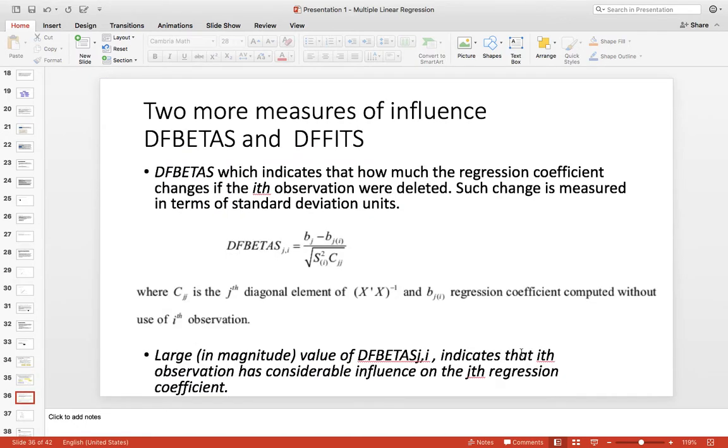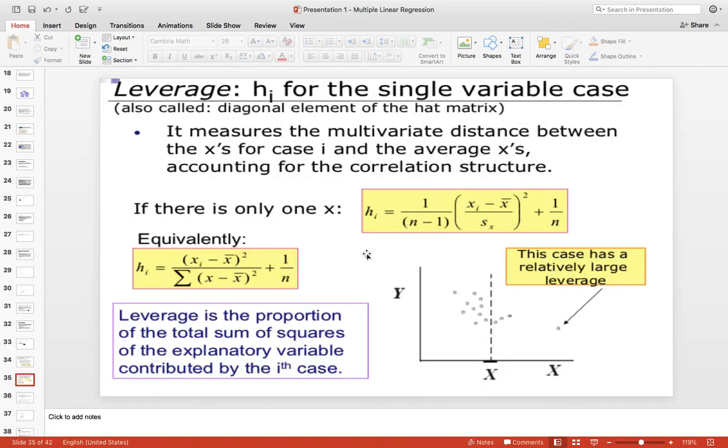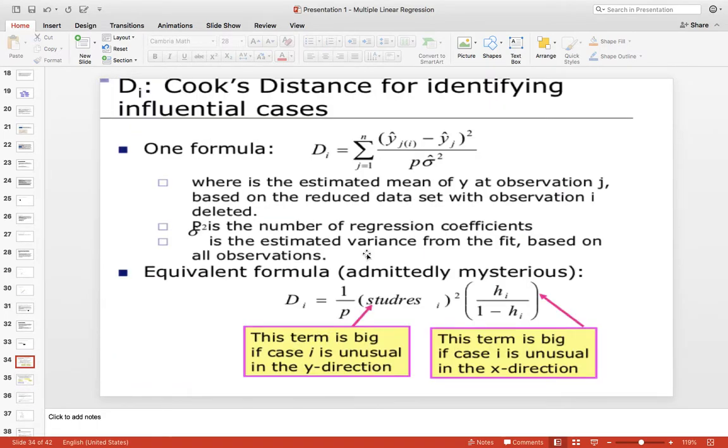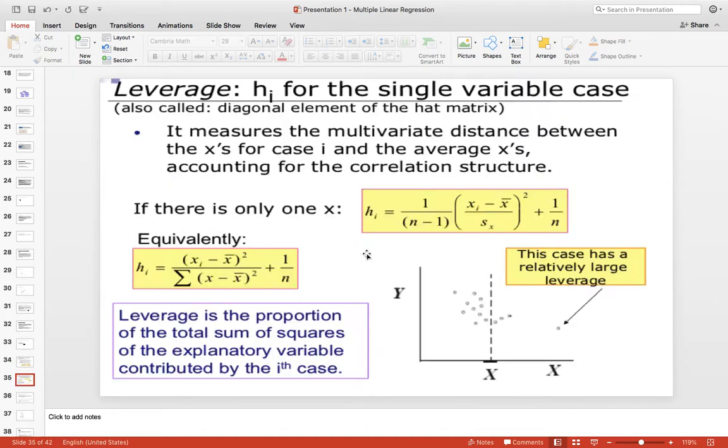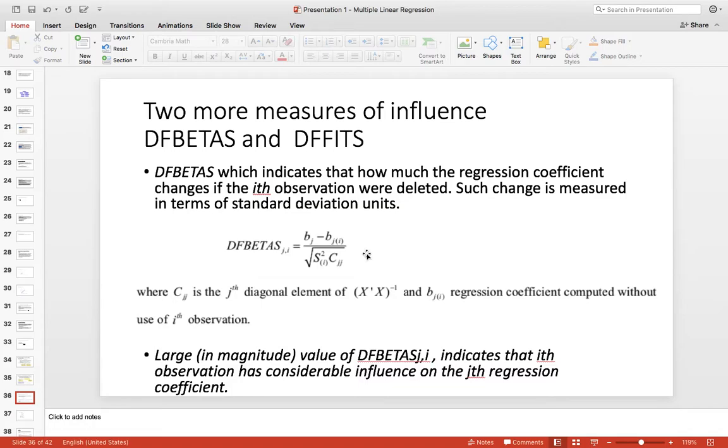So in addition to this, you have two other measures: one is called the DFBETAS and the other one is DFFITS. So these, other than Cook's distance, are used for identifying influential cases. DFBETAS indicate how much the regression coefficient changes if the ith observation were deleted.